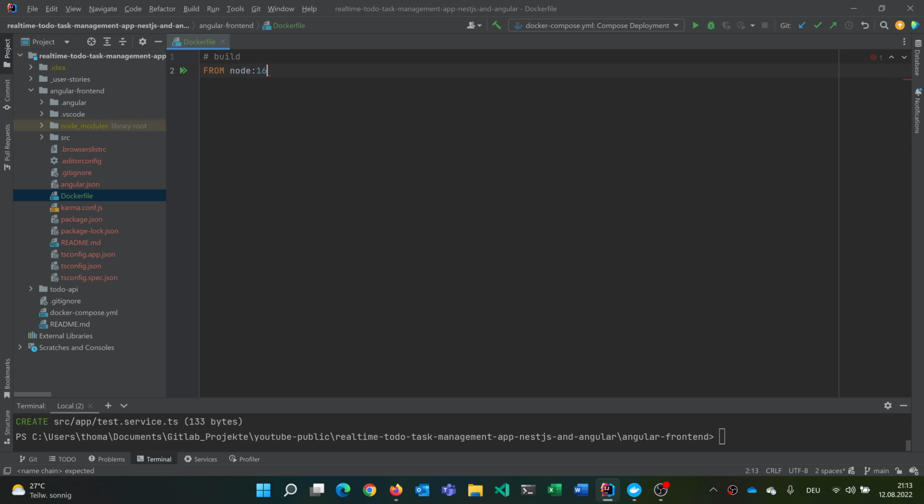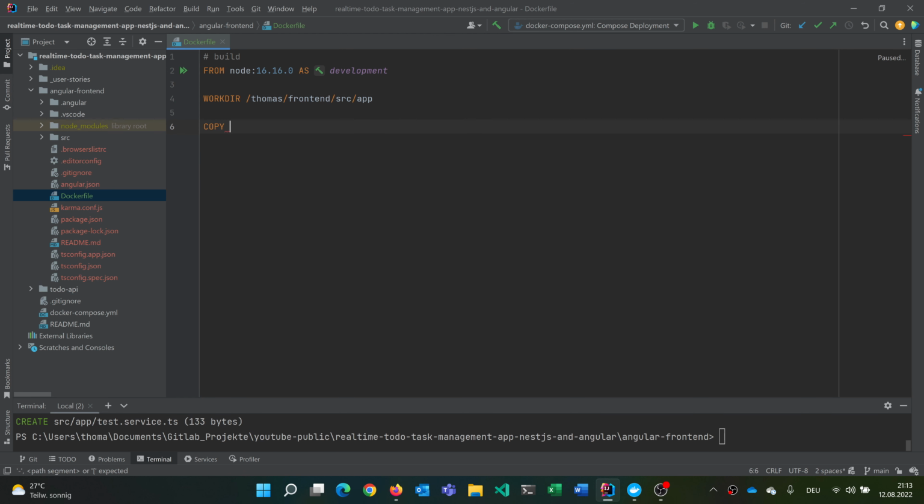The latest version is, I think, 16.16.0, that we were also using in our backend, and we can just name this development. We want to set a working directory, for example /home/frontend/source,